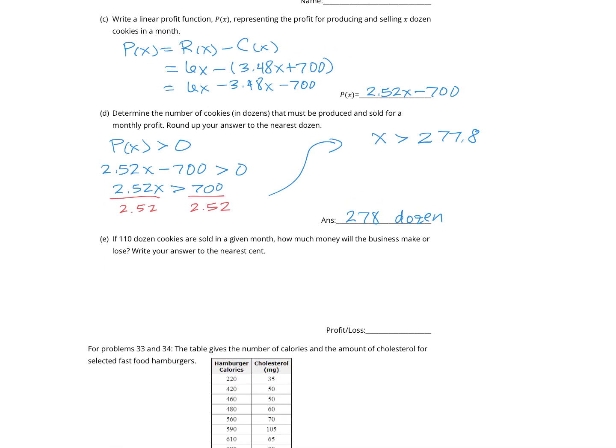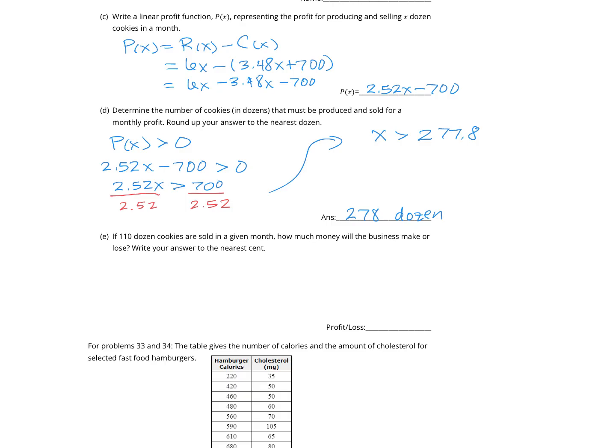The last part of this question is now asking how much we make if we sell 110 dozen cookies. That's just the profit for 110. Substituting that in, that's 2.52 times 110 minus 700. And that comes out to be, sadly, a negative number. I put the negative in front of the dollar sign. It looks a little better. It's going to be a negative 422.8, which means that we are going to have a loss of $423,